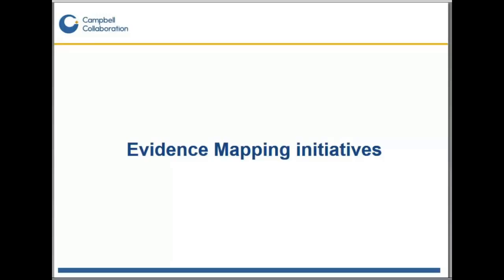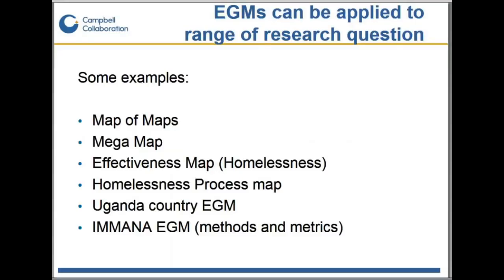So now I'm going to talk about what I call evidence mapping initiatives. These are different maps we're doing in Campbell, which show the scope of maps you can do, the sort of research questions you can approach, and so the innovations that I think we've been undertaking in order to push the frontier of what's being done with evidence mapping. So we're going to look at the map of maps, the mega map, and so on. We're going to go through these examples